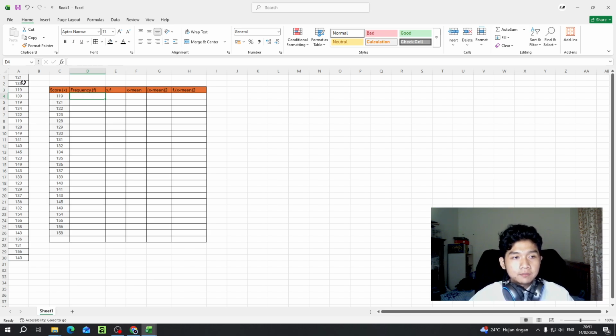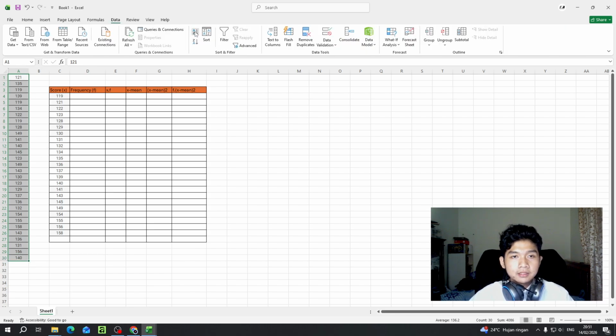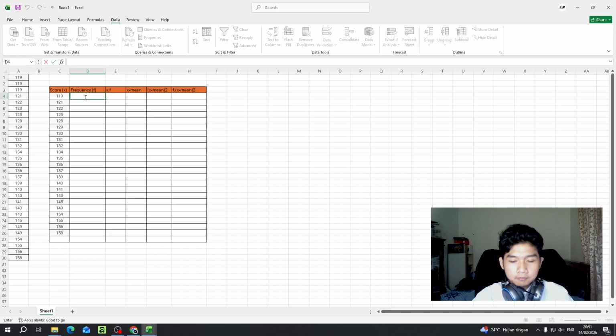So to fill this table, first of all, we can use this raw data here. I would like to sort it out because it makes it a lot less of an eyesore. So I'm just going to do it twice over here. There we go. It's completely sorted from smallest to largest. And then now what we are going to do is put in the formula, which is equals, and then open